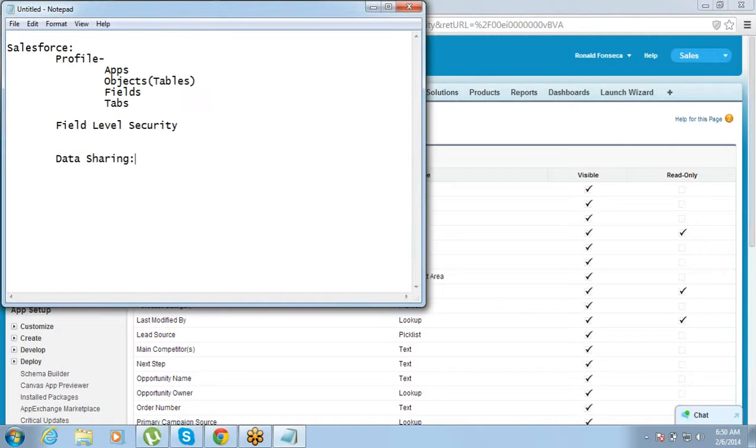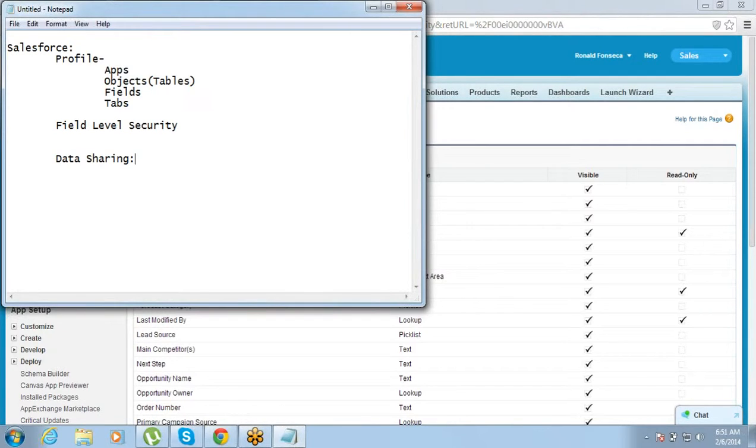But think of another scenario. Let's say three of us work in the same sales team and we all have access to opportunities. We all have access to the opportunities table, or we all have access to the accounts table, but the company wants that we should not be able to see the opportunity or the account which is owned by someone else.